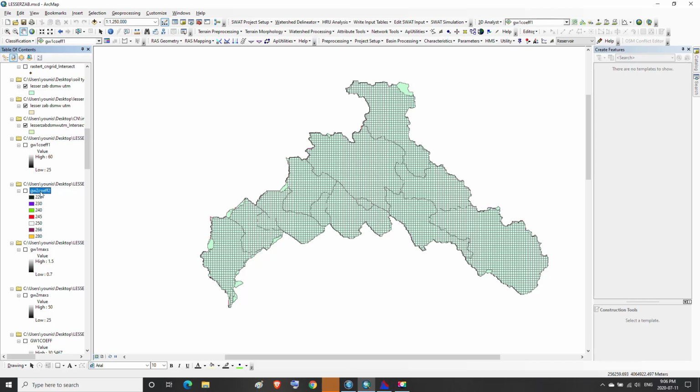These two parameters do not exist in the grid cell intersect layer, but they exist on the desktop